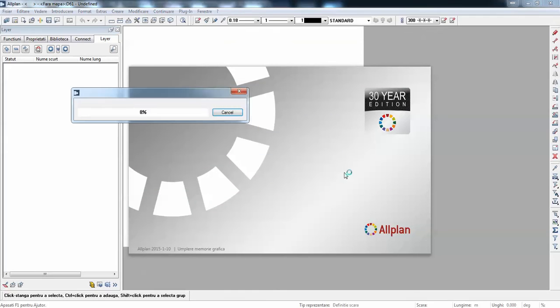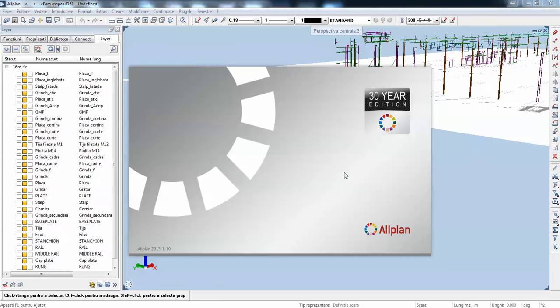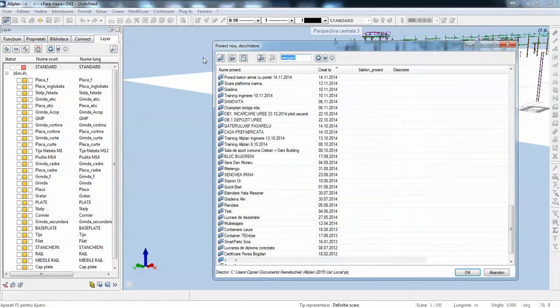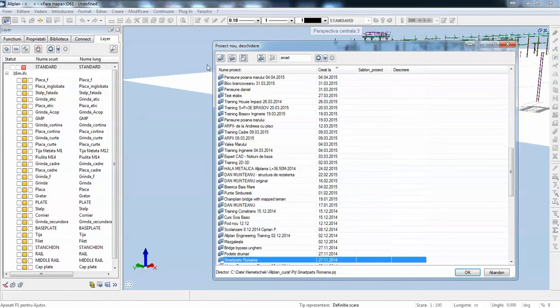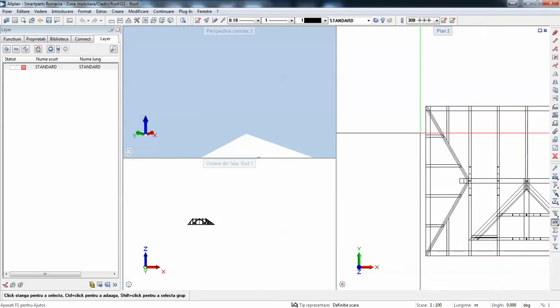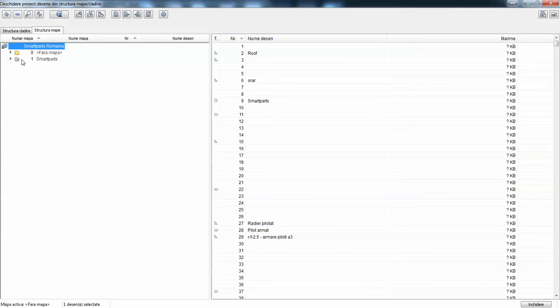So you can buy smart parts already developed on Allplan Connect. They are quite cheap. So this is another aspect that didn't encourage me to study that, because if there were no big earnings from such a complex job, I somehow gave up. I'll show you some smart parts designed by me.